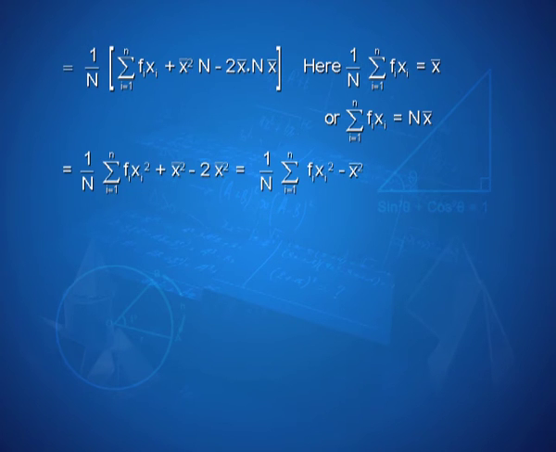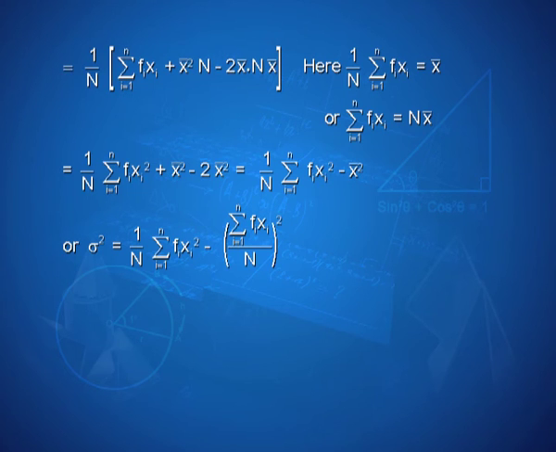that is equal to 1 upon n into sigma i varying from 1 to n fi xi square plus x bar square minus 2 x bar square, that is equal to 1 upon n into summation i varying from 1 to n fi xi square minus x bar square, or sigma square is equal to 1 upon n into summation i varying from 1 to n fi xi square minus summation i varying from 1 to n fi xi upon n whole square,